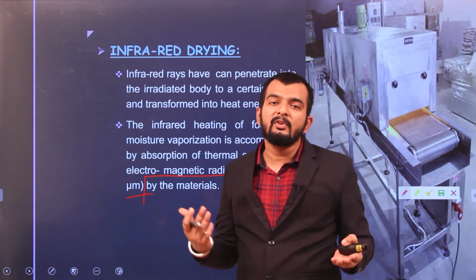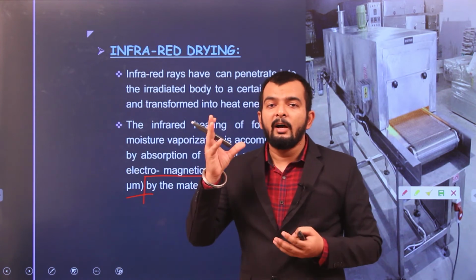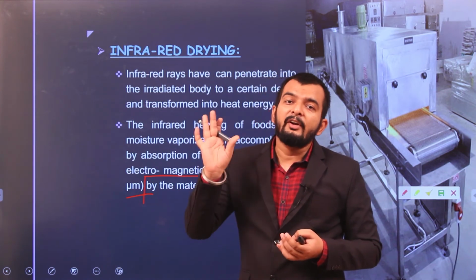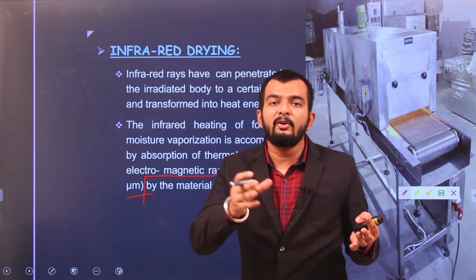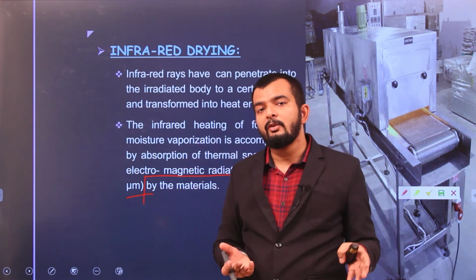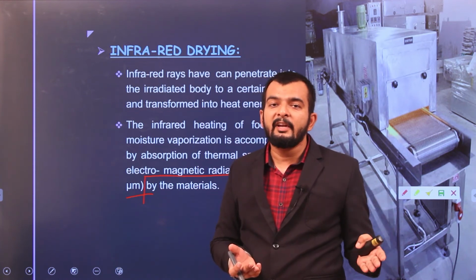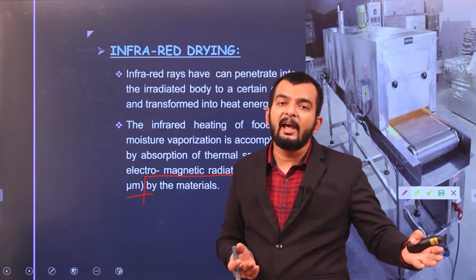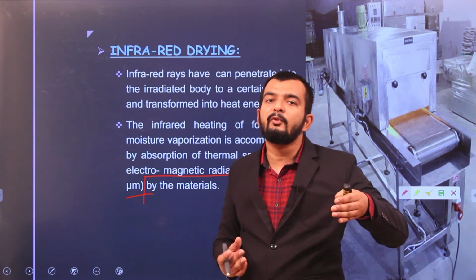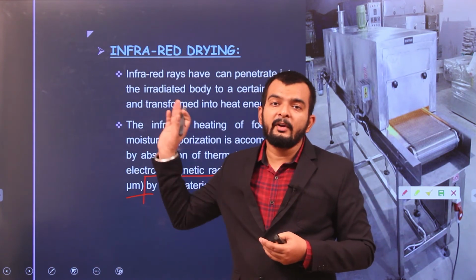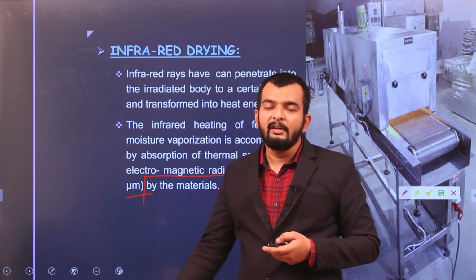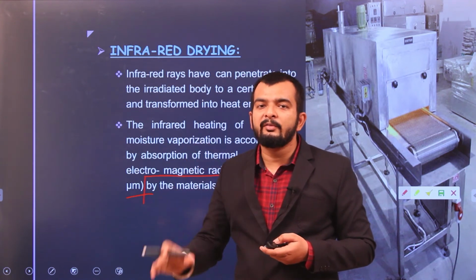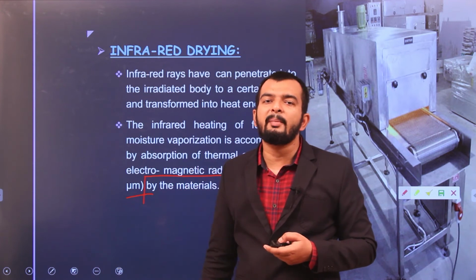Suppose we are using some halogen bulb or this yellow colored bulb. When you touch the surface, it is heated, right? When you compare this yellow bulb to a CFL bulb, the surface of the yellow bulb is heated. Why is it happening? Because infrared radiation along with the light radiation is radiating from that filament. So this infrared radiation has a property to supply heat to the product over which it falls or through which it penetrates.